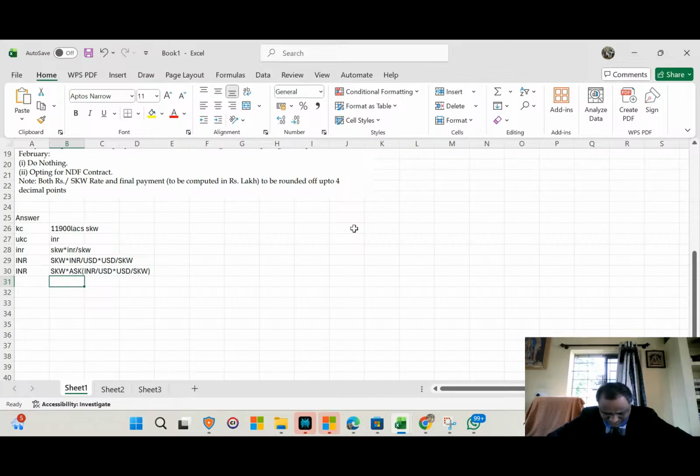11,190 is the bid rate, 1,190.75 is the ask rate, and thereafter USD divided by SKW. But here the information available is SKW by USD. This is the right currency quote. So if I give $1, I'm going to get 1,188.5 South Korean currency. So that now INR is equal